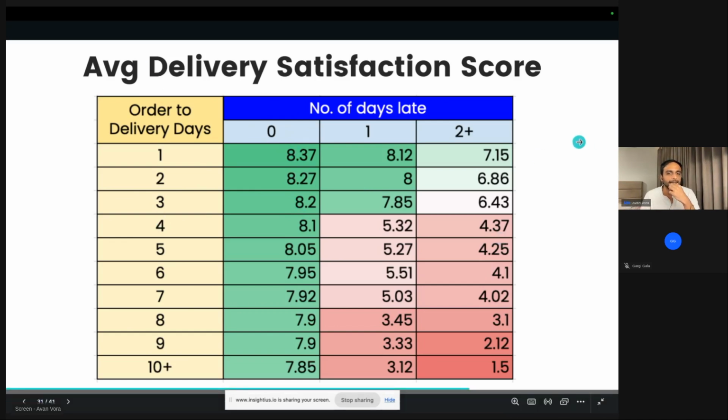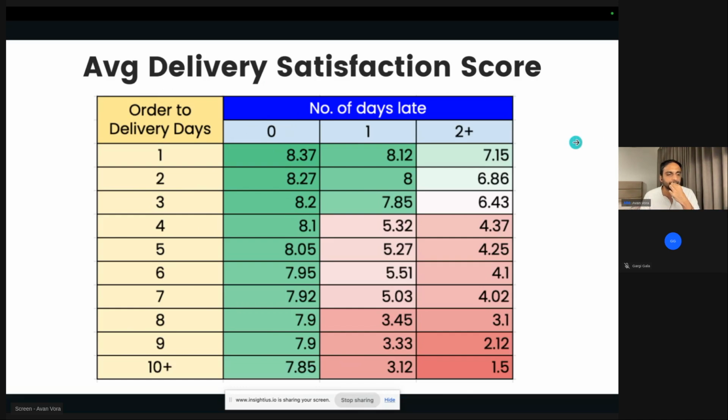Very interesting chart. Any trend, any interesting trend you're able to identify? Longer delivery times with longer delays lead to lower ratings. Yeah, very good point. There's something more interesting than that. Same thing, but put it in reverse form. You're getting there. It's almost there. I'm looking for something. Yeah, breach of promise timings leads to lower scores.